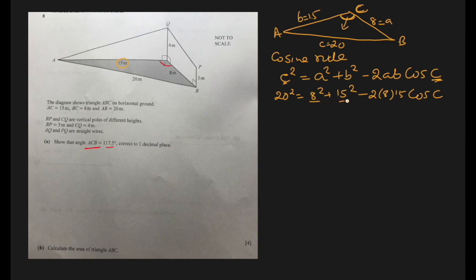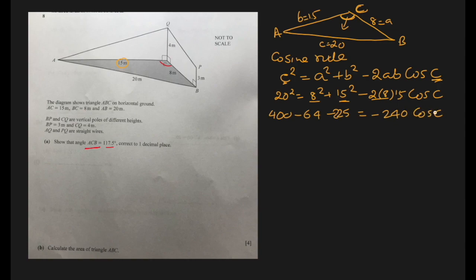So 64 and 225. So 400 is here. This 64 comes to the left side, becomes negative. This 225 also comes to the left side, becomes negative, and then we have 16 times 15, 240